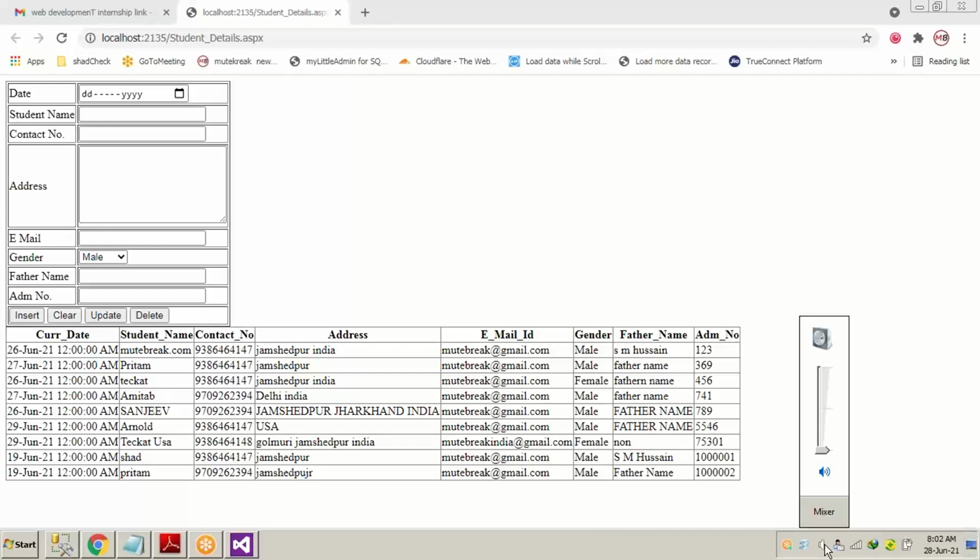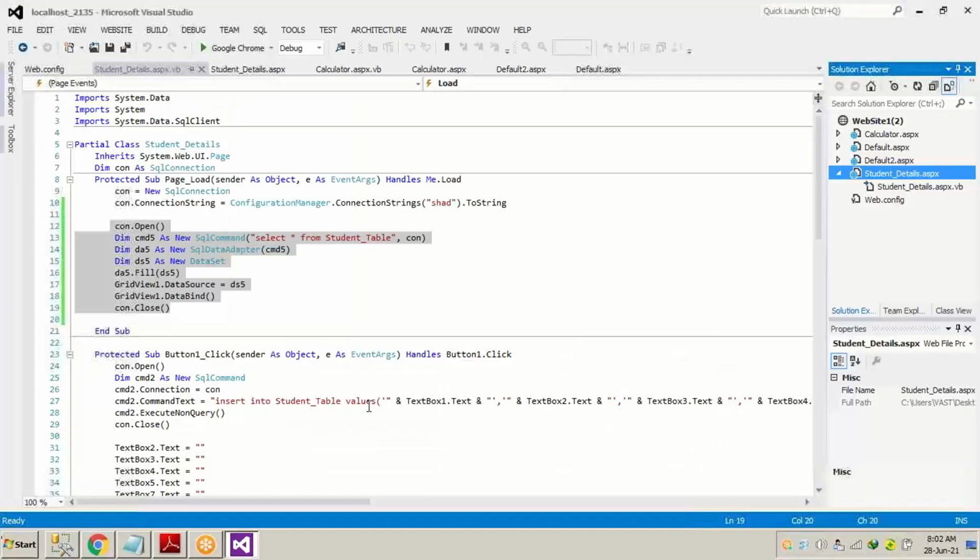Admission, let me check the field name. Okay, ADN. So the coding of VB.NET is not a case sensitive language. If you have written your field name in caps lock or in sentence case, that might not be very necessary. If you write in the same way, it's very good, but you can change the case also. Means if the field is in all capital letters and you write in small letters, that's going to work because it's not a case sensitive language.